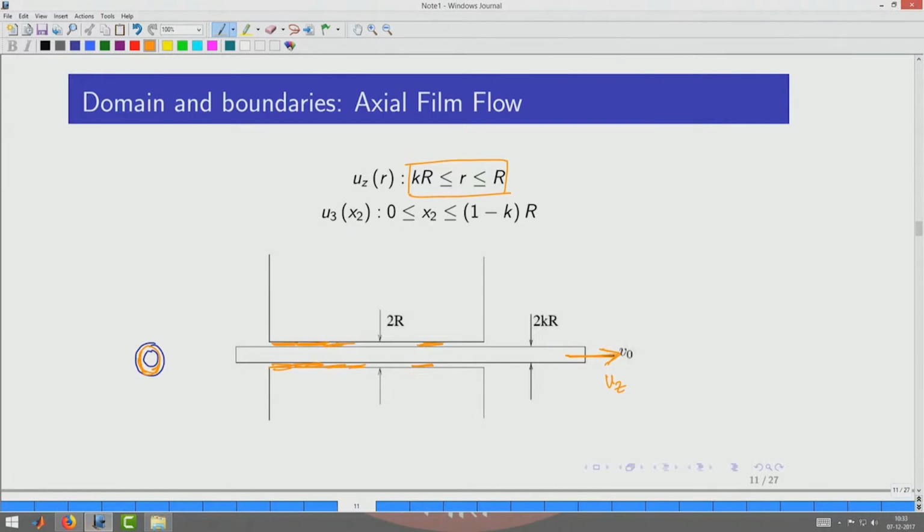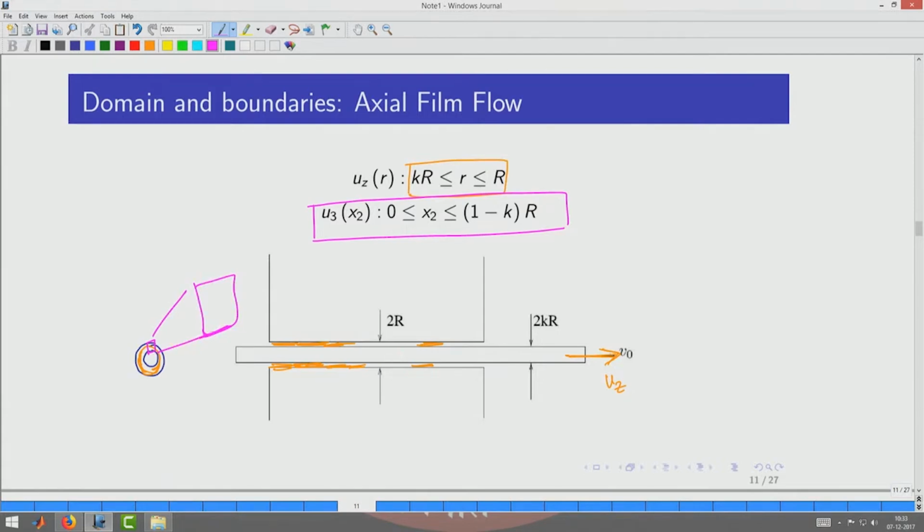Sometimes it may happen that the value of k is very close to 1, which means that the gap is very small compared to the diameter of the rod, so the curvature is actually not very significant. In such a situation, you can make an assumption that a rectangular coordinate system can make this particular domain possible, which means that if you look at this region alone, then you can think of it as